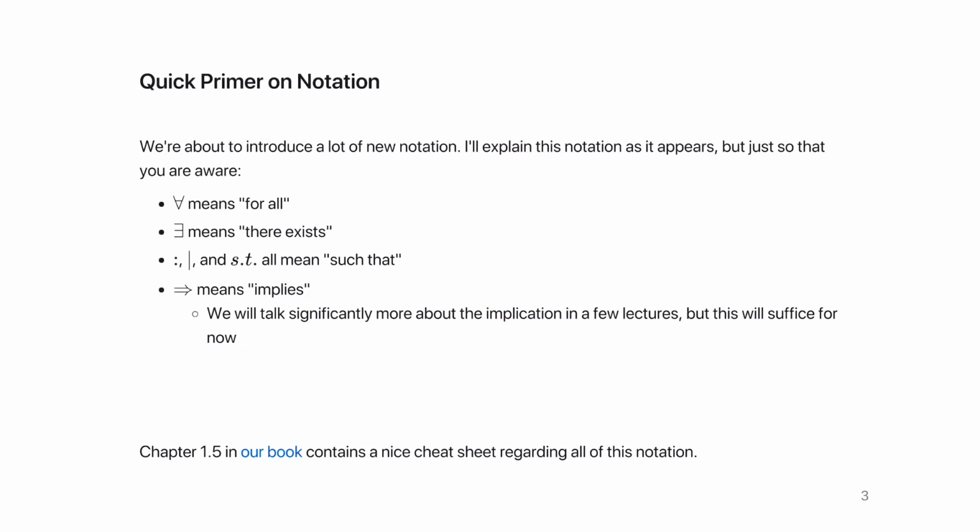There are three different pieces of notation that we use to mean "such that." One is the colon. One is this vertical bar, this vertical divider. And another is "s.t." It doesn't really matter which ones we use. In some contexts we use one, in some contexts we use the other, and it's the sort of thing that you'll pick up as we go on. And lastly, this double right arrow means "implies." We'll talk a lot more about what this implication symbol means in a few lectures, but for now, all we really need to know is that this means implies, and that'll be good enough for today. Any questions about all of this?